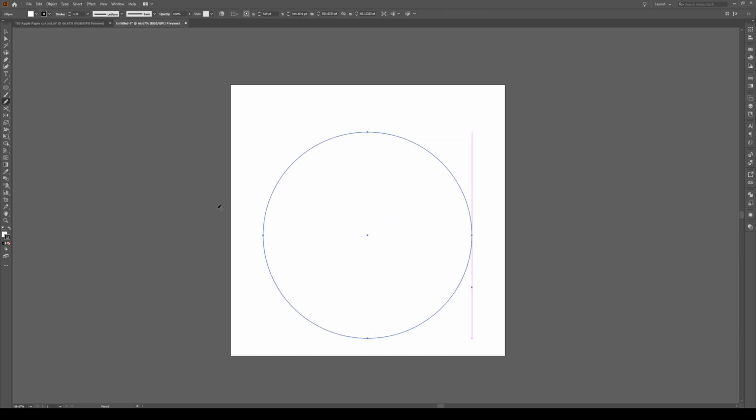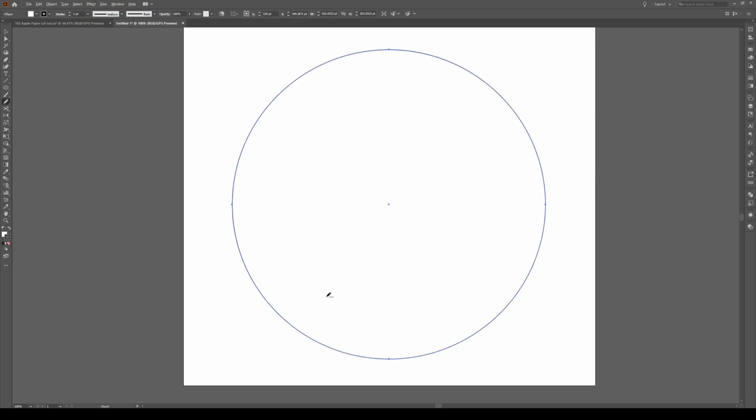Now press N, which is your pencil tool. We're going to zoom into our circle and it's quite simple. You're going to start maybe in about this corner right about here and click and hold and draw 3 little round circles like that. Then as you come to here, you're going to go straight up, well, actually at a corner, move up to here. As you pop up to here, you're going to curve in,